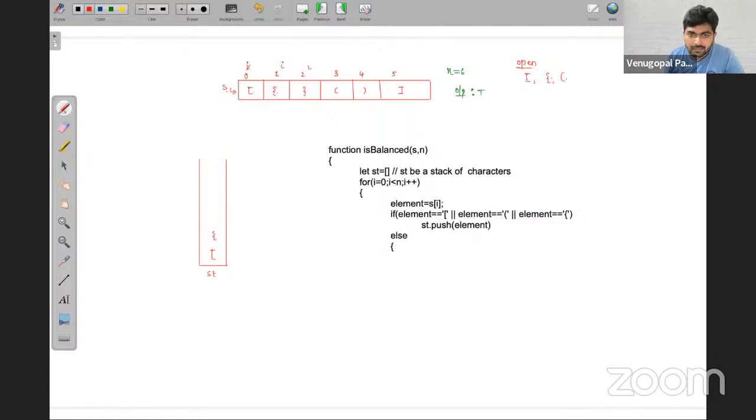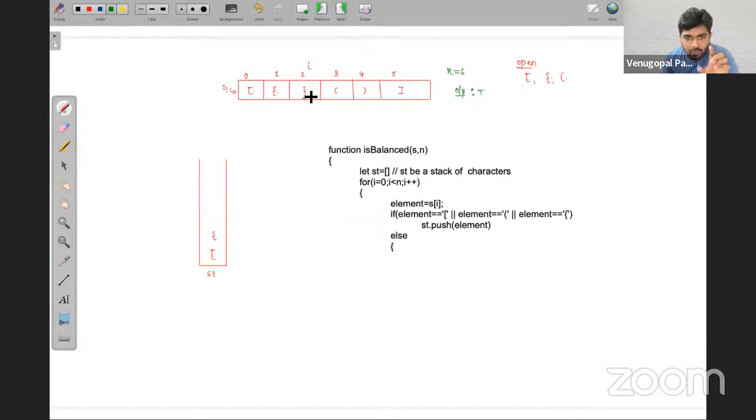Next, see carefully, friends. Now it is the most important thing. Open brackets we have added. Now, if our input element is a closed bracket, what do we need to do? Very simple.